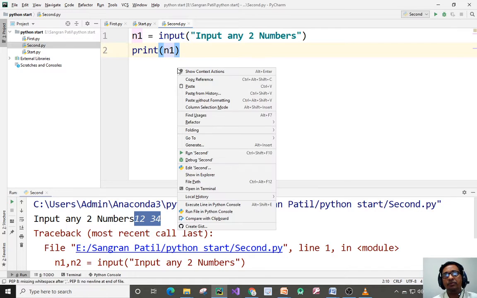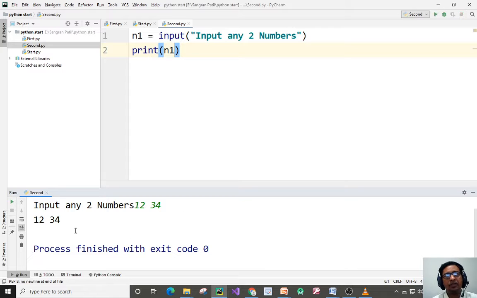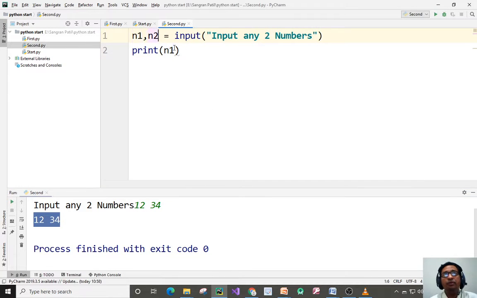It takes "12 blank space 34" as a string, not as 12 and 34, because the blank space is part of the string.